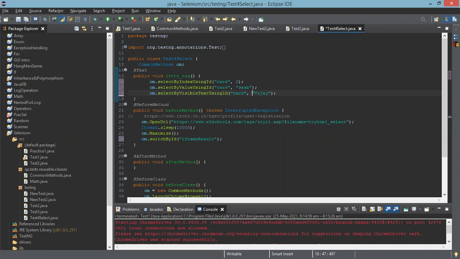Then you have to handle the exceptions. How do you handle the exceptions? Using a try catch block in the common methods. Use thread sleep in between each line.